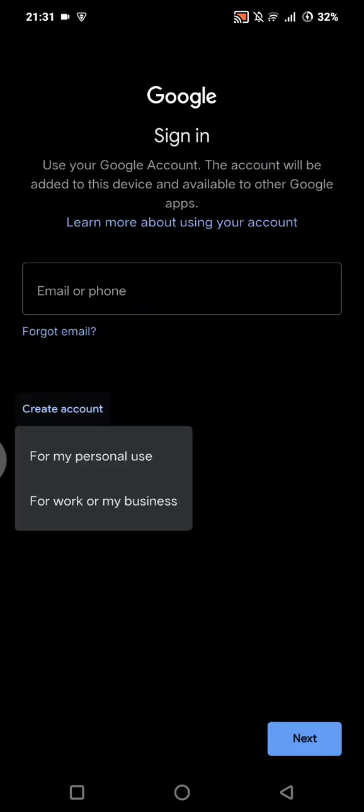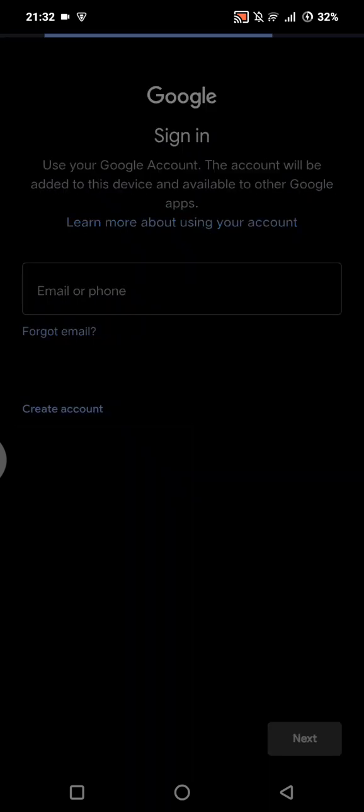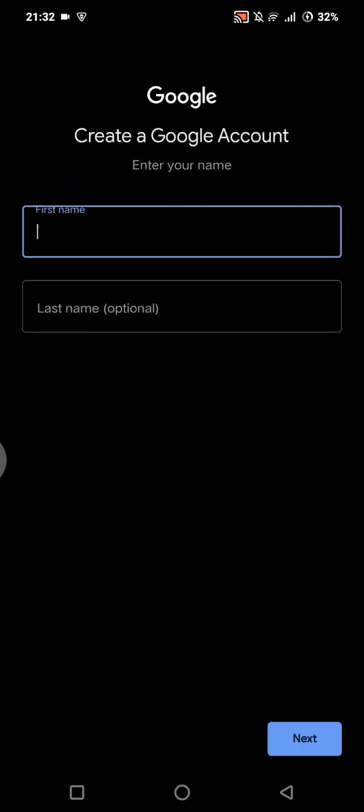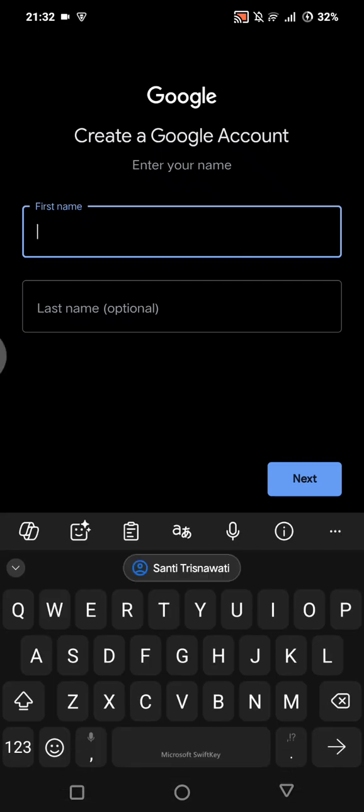Okay, here tap on create account and choose for my personal use, and you can just fill in your name